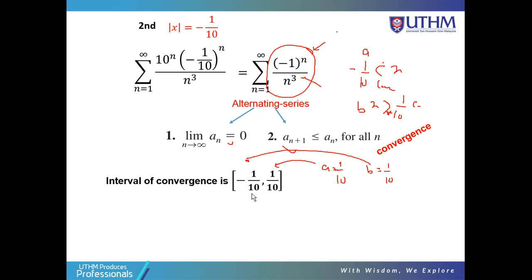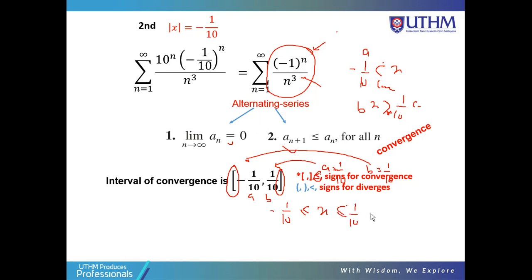Here you already get A and B. How to get this one, I explained earlier. So you need to put this sign. This sign represents convergence, or you put this sign. So you can write x 1/10 or 1/10, or you write in this form, negative 1/10,